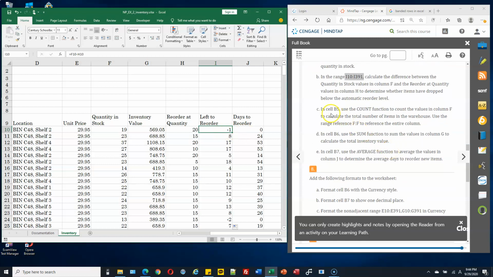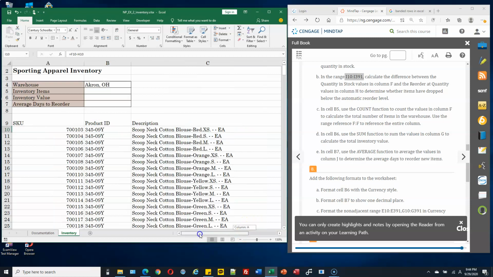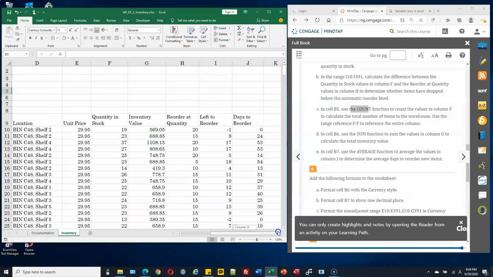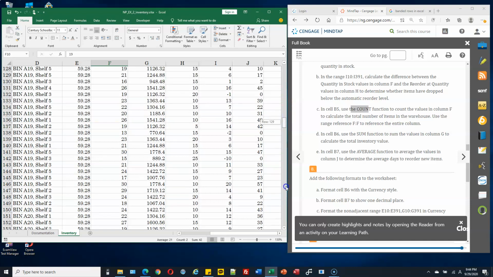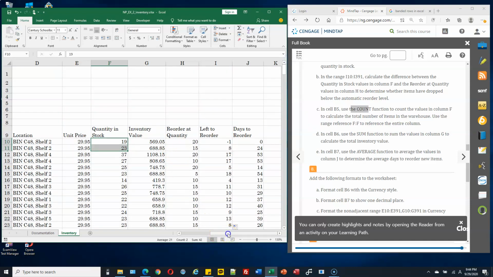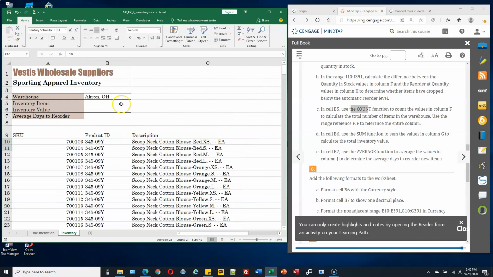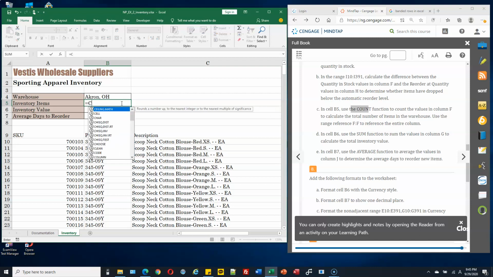Okay, and then let us see B5. Go to B5, inventory item. Use the count function to count the values in column F. Column F is the quantity stock, right? So this one has all the values all the way down. It's not empty, so it should count the number of cells in that range. So inventory item is equal to, use the count function, count. Okay, the range is